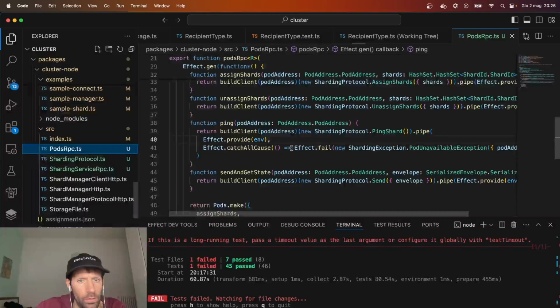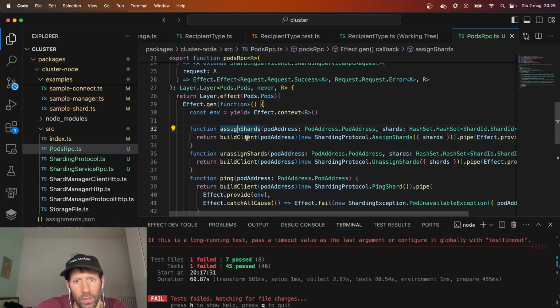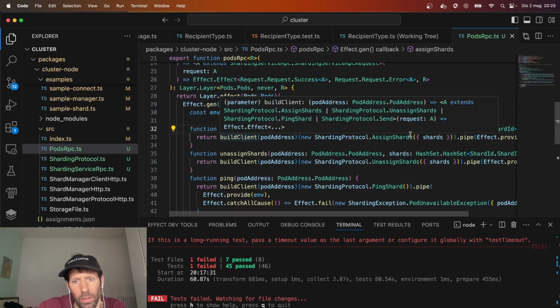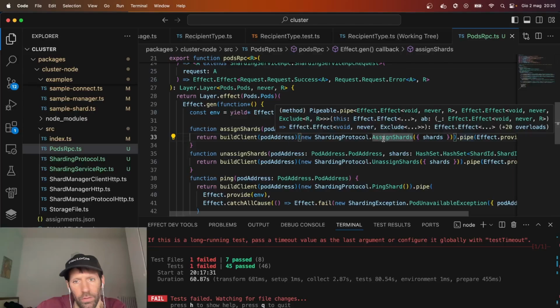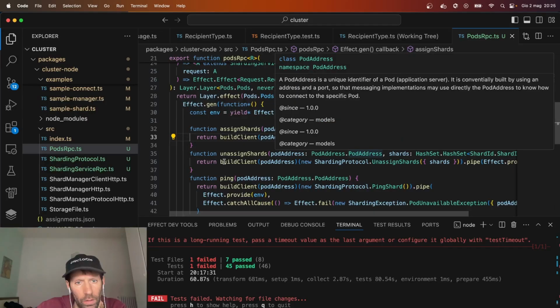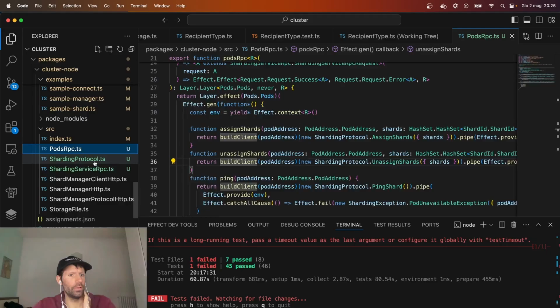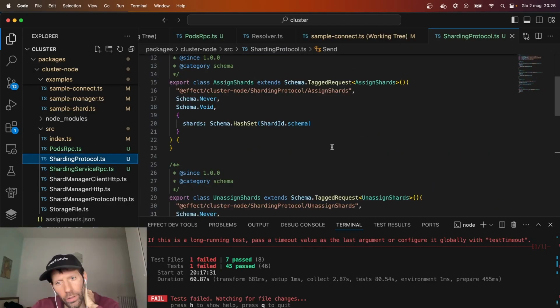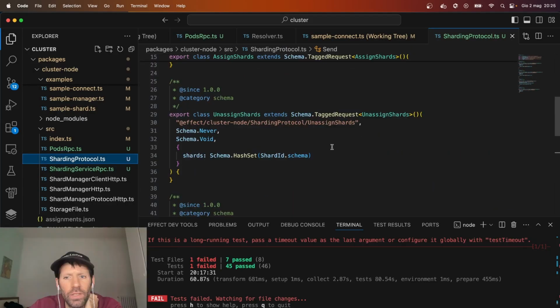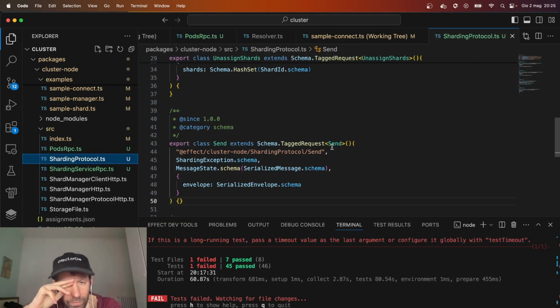So it's assign shard, build client, protocol assign shard. Yeah, I need to debug this one. Assign shards, assign shard. We need to debug this one a little more. But I think that for today